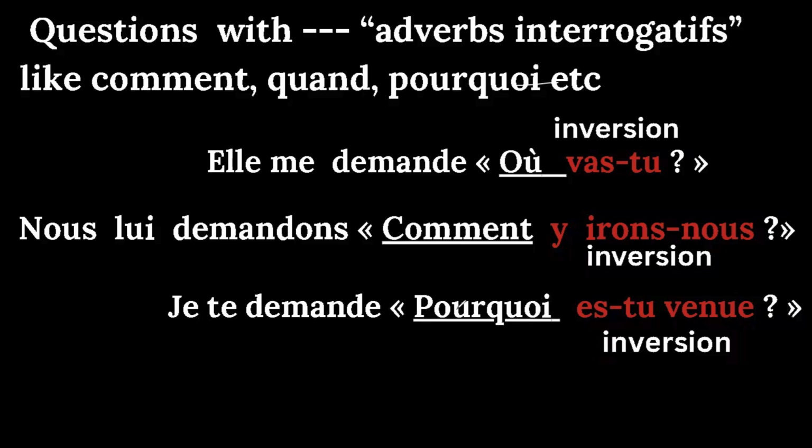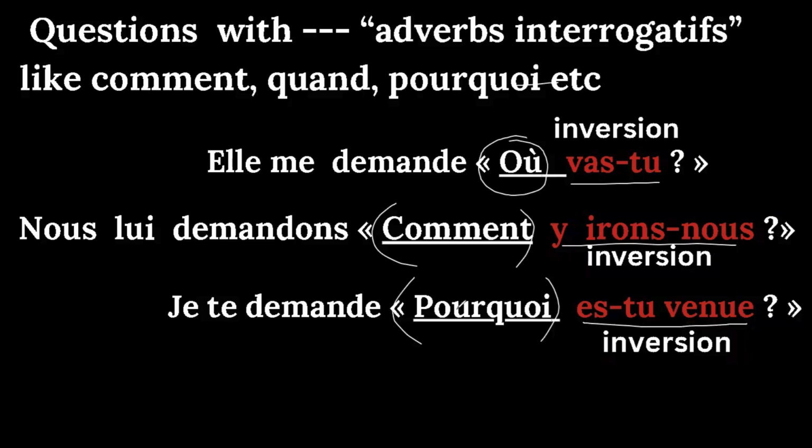Now let's look into some questions which have adverb interrogatives in them. If you look at these questions here, we have the adverb interrogatives où, comment, and pourquoi. Où is where, comment is how, and pourquoi is why. We will definitely not answer these questions using yes or no. And we see that each one of them has inversion. So we'll keep these things in mind and see what we do. These are the examples with adverb interrogatives. Let's see what we do with them.